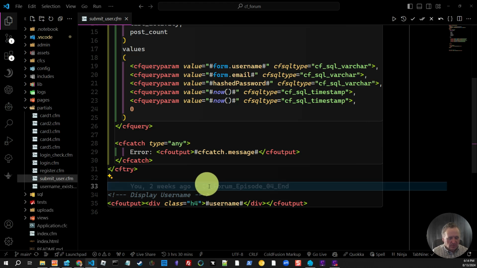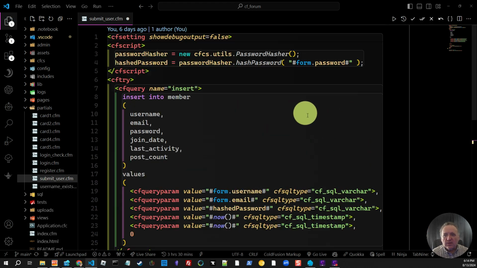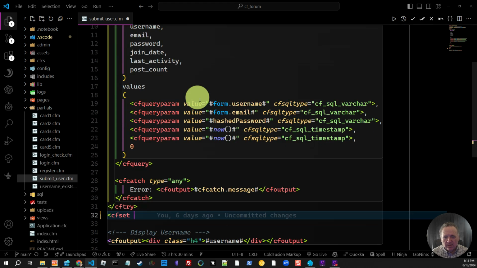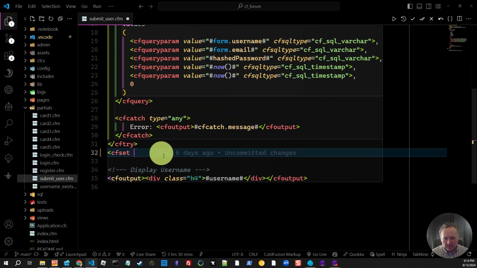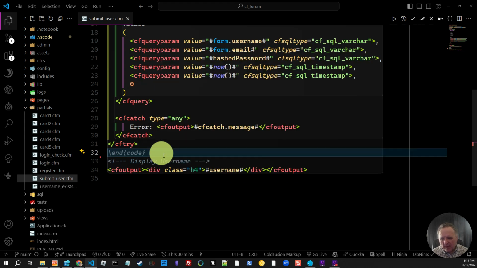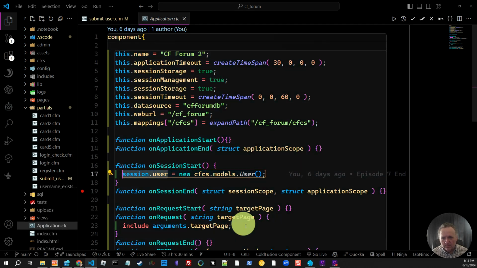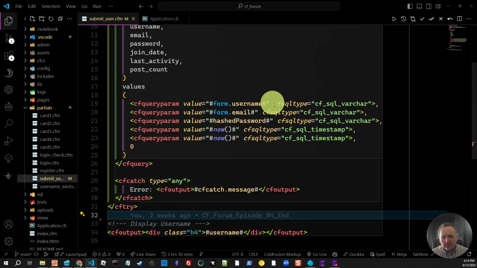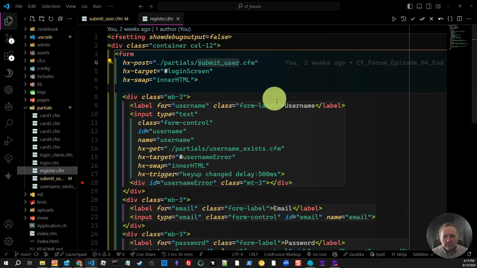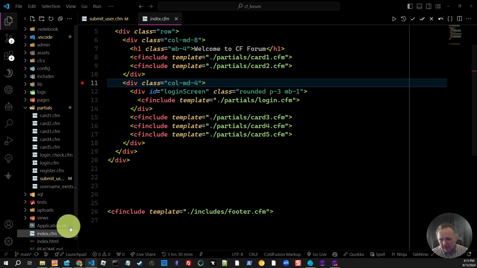But what we want to do is simply say CF set. Okay, hold on, let me look here. You don't get here if the insert, okay, so if there's an error, it will stop. So we're going to CF set session. Actually, right before I do that, let's go look it up. So we have session.user. So if I go back here and I go to register, and let's see here. Let's actually go to the index page,